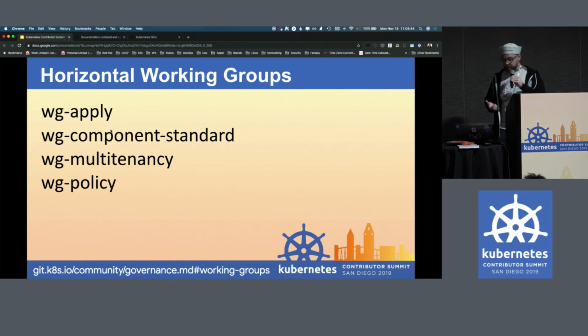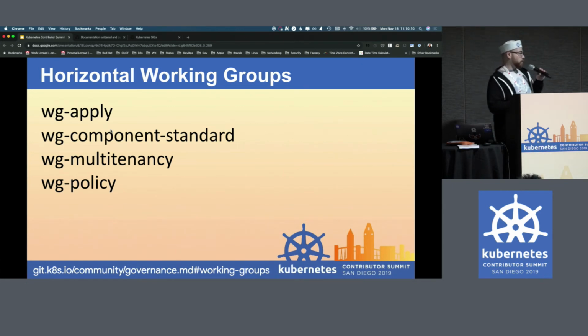Next, we have component standard. Right now there isn't a standard around the Kubernetes CLI flags and configs, so they are building some libraries and standardizing that across all the different components. Multi-tenancy is defining the model of multi-tenancy that Kubernetes will support and generally improving the multi-tenancy posture.